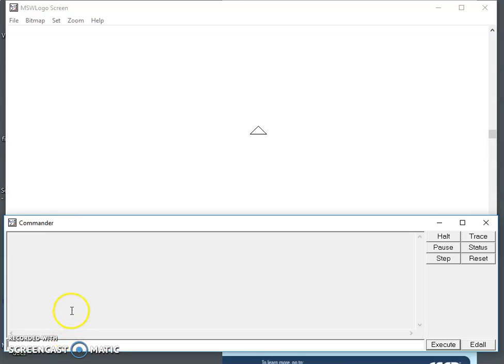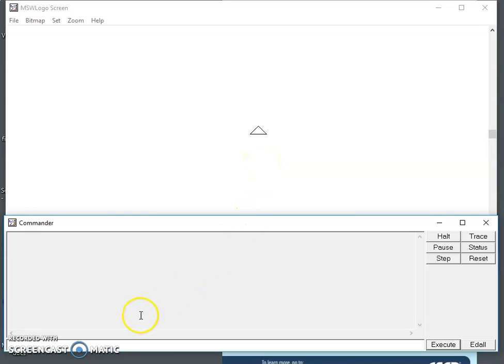So now let us learn how we can instruct the logo turtle to make a rectangle for us. Before that, we must understand that Logo commands are called primitives. If we say that we have to give a primitive, this means that we have to give a Logo command.